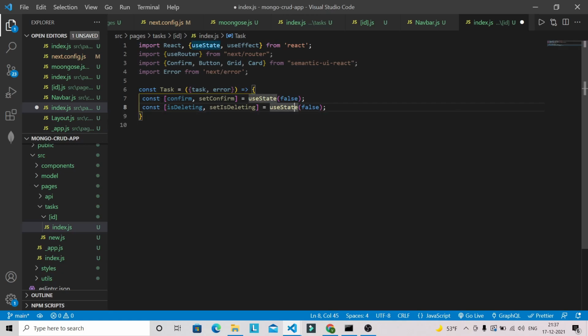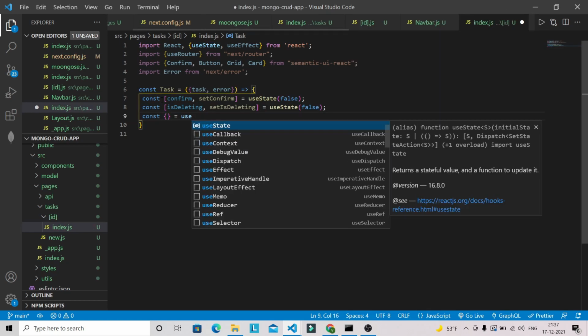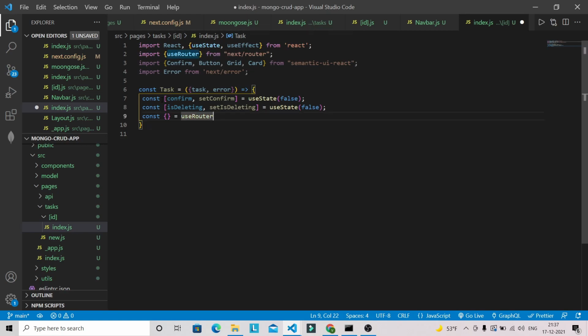This will also be false. Then we are going to destructure from useRouter, push and query. So push we can destructure from useRouter, and query we need to destructure.